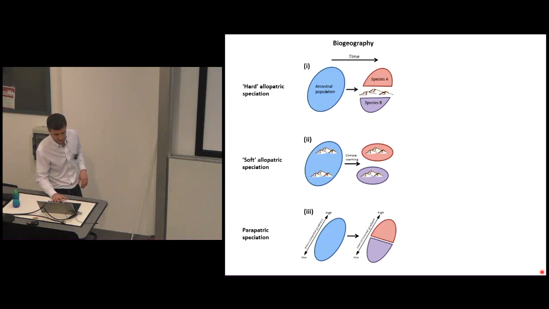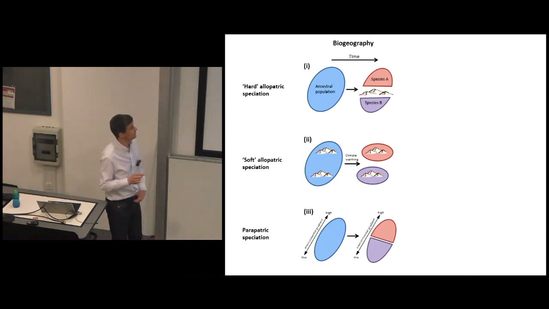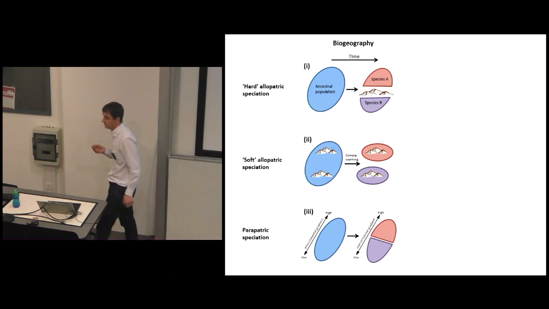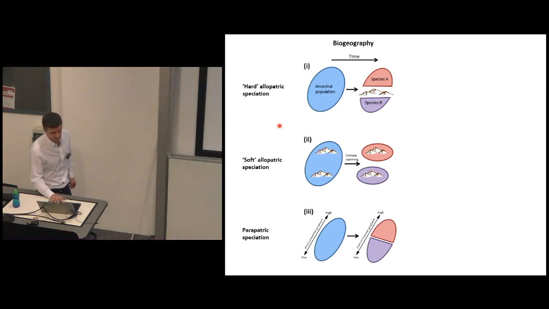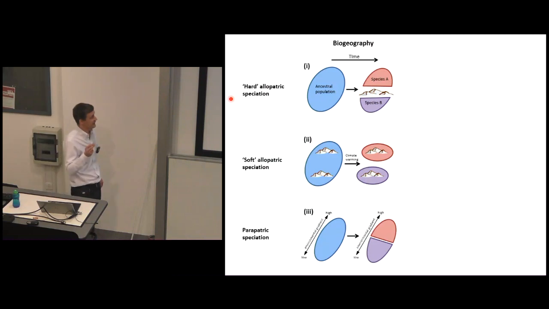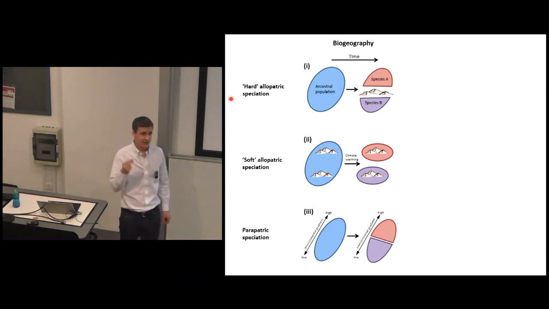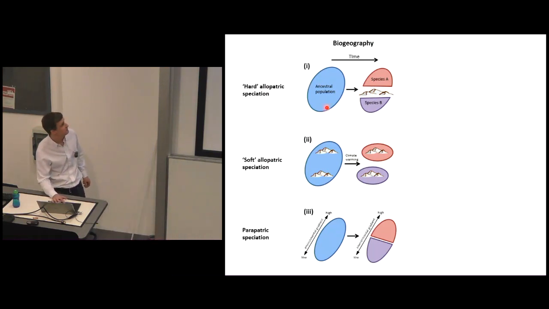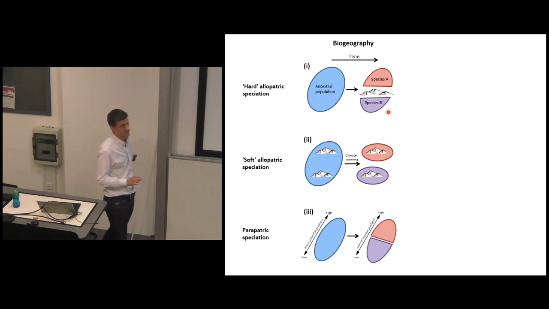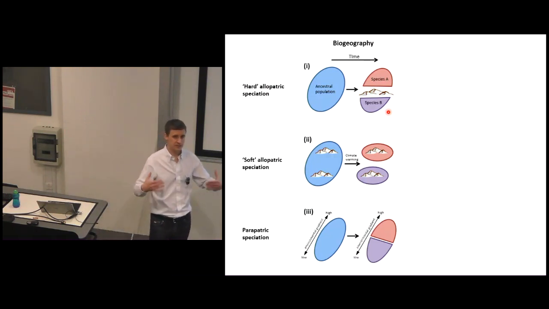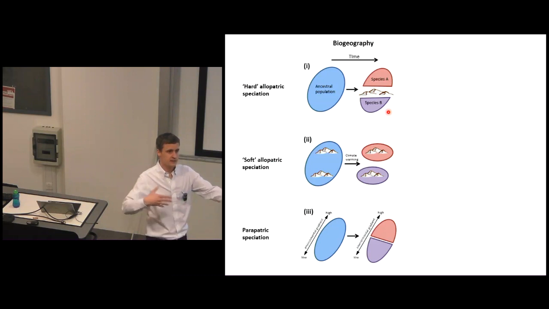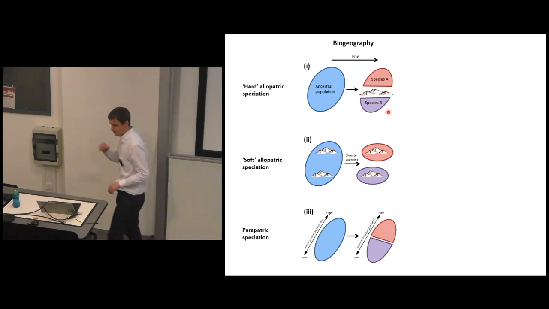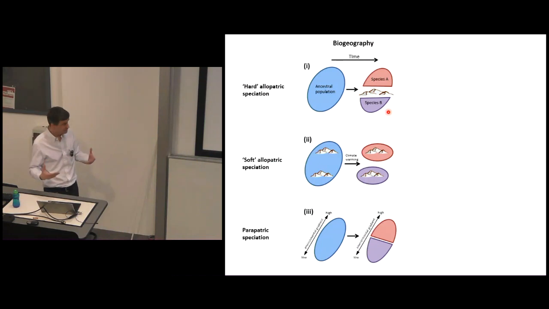So to go back to some textbook definitions, and there's a lot going on here, but let's first of all just think about the biogeography of the system. We can first think of the classic allopatric mode of speciation. This is hard allopatry, as some people will refer to it. We're going to start with an ancestral population, and there is some geographic divide that causes these two populations to become isolated. It might be a river, it might be a mountain range, but there's some physical geographic barrier that will arise to divide the two populations. It will ultimately lead to isolation.